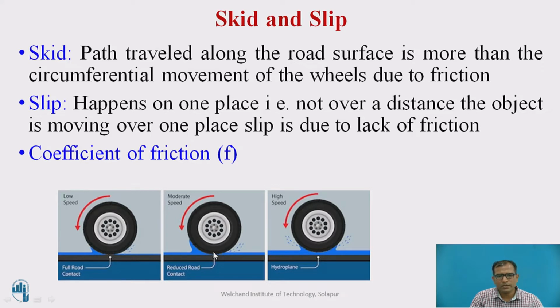So if any material comes in between, here you can say there is hydroplaning, or water is in contact between the tire and the road surface. Now the wheel is revolving at one place, so due to that the vehicle is not moving in the forward direction. It is revolving over here itself. So mainly, due to any material coming in between the tire and the surface, that is what we call slip. These two parameters make us define the coefficient of friction f.